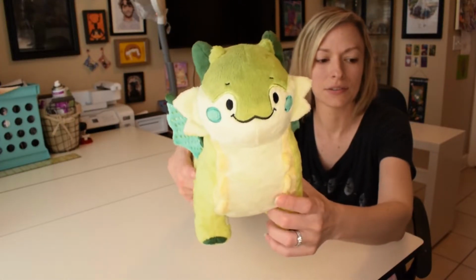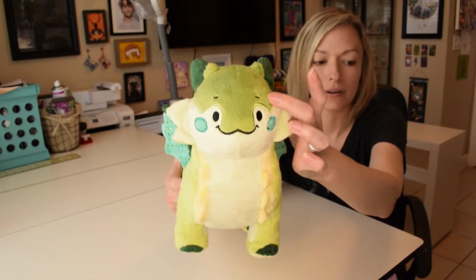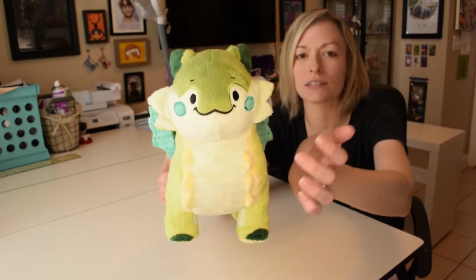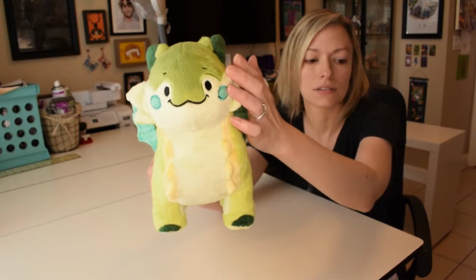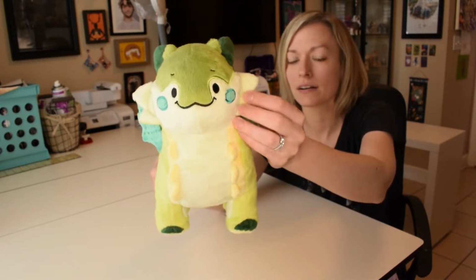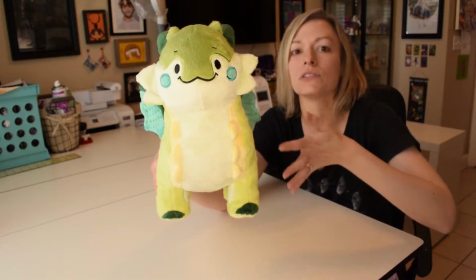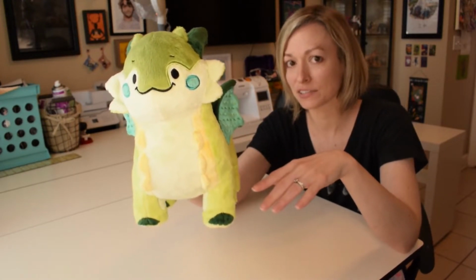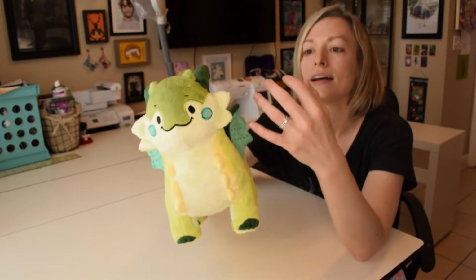So not only do you have the color transition here, you would have another one on top of that, and then the question was, well, how do you even finish that color transition? Is it a point? Is it a circle? And then you also have his blush here, and then the extra pieces for his cheeks, and then the horns. It would just be a lot going on in such a simple plush to have another color transition on top of that. And then to darken the face too would have not been as appealing, I think, as a lighter